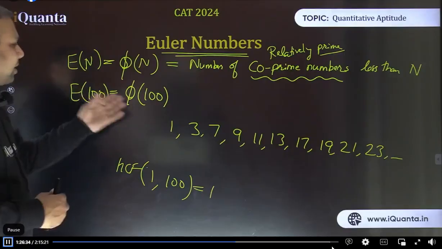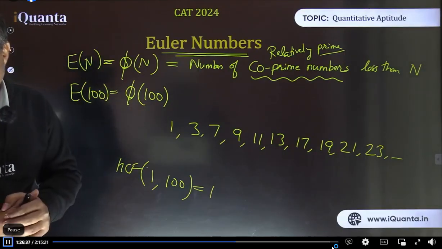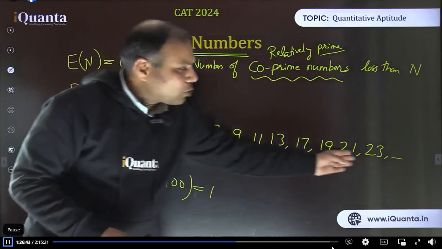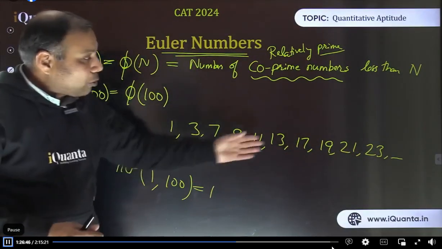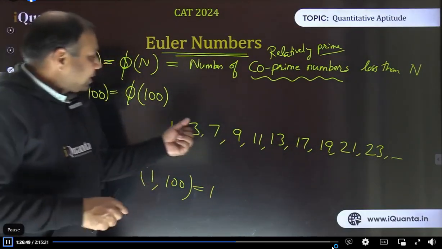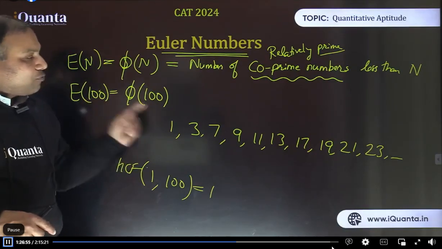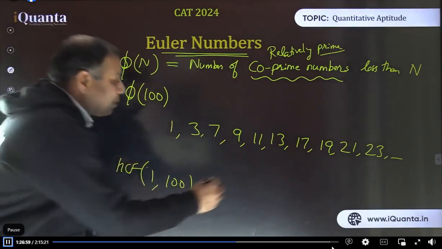Yes, Tayalchi, I have written both the symbols. You may use any, whatever, no issues. The notation is not very important. What does it mean? That is important. So we are writing some of the numbers, and there are certainly going to be many more numbers. But it will be difficult if I write all the numbers. Now, can you observe one thing here? While calculating the total number of such numbers which are co-prime to 100, which numbers am I removing? I am removing multiples of 2, right?